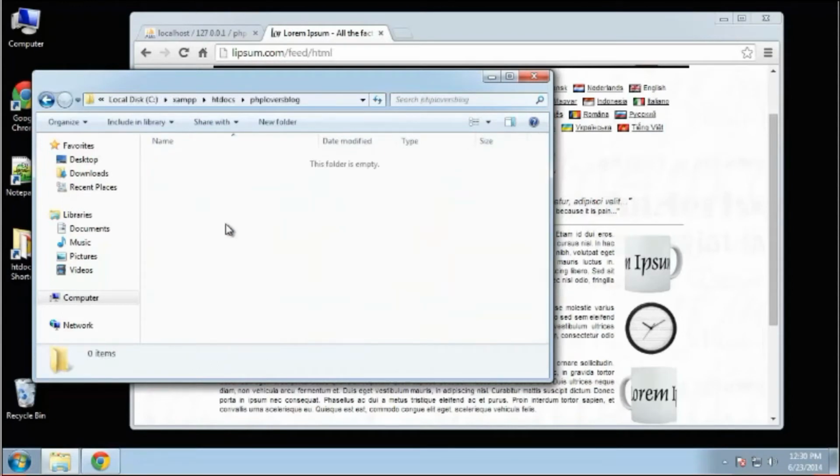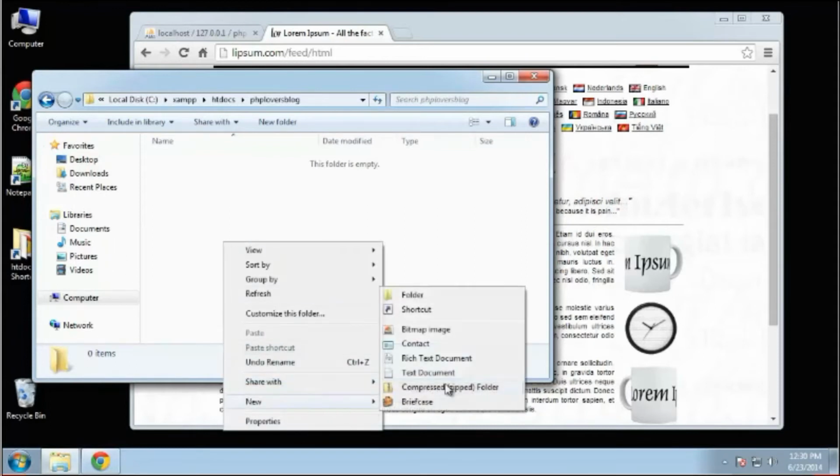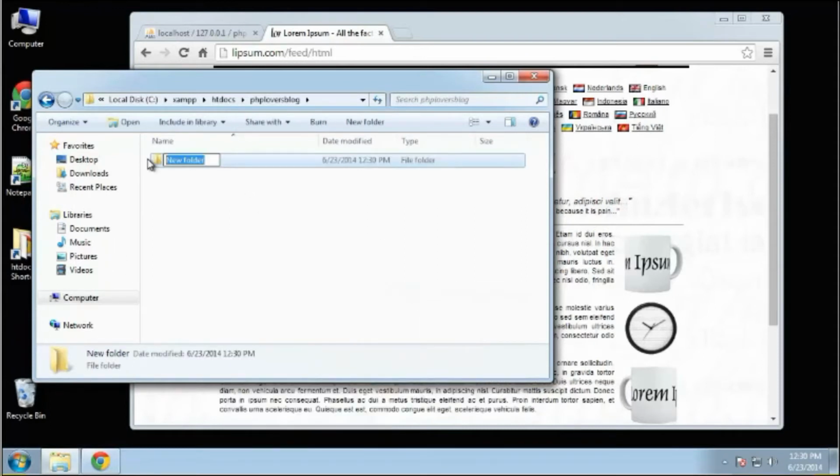Alright, so we're going to create the structure, and it's a bit more organized than what we've been doing. Alright, so I'm going to create a folder called libraries, and from now on, from here in the next projects to come, we'll be using more and more object-oriented programming, so we'll have more and more classes that we'll be using. Alright, so we can create objects that belong to classes, and this particular project we're going to